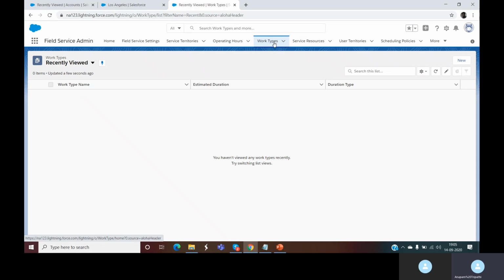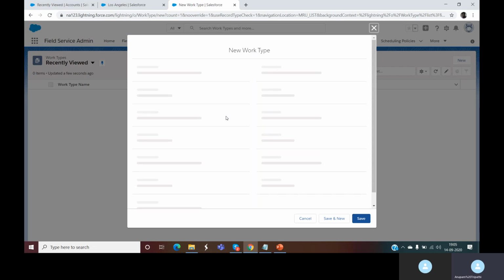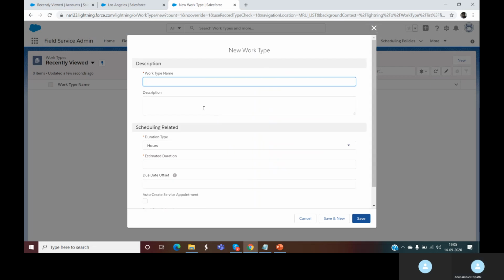To create a work type, you have to go to this Work Type tab and you can click New. For the work type name, I'll create a work type for installing an air conditioner.